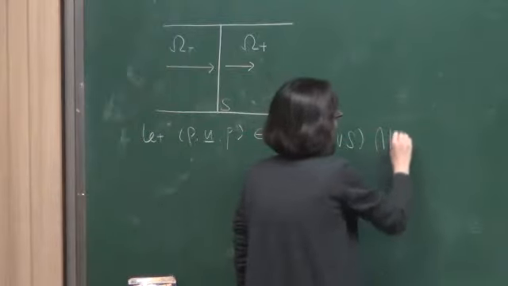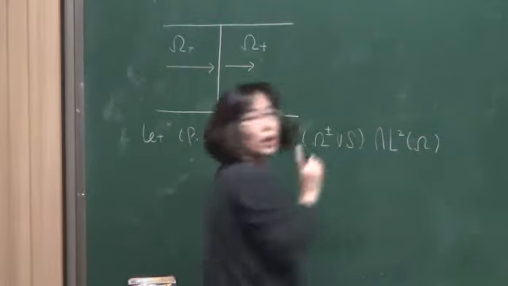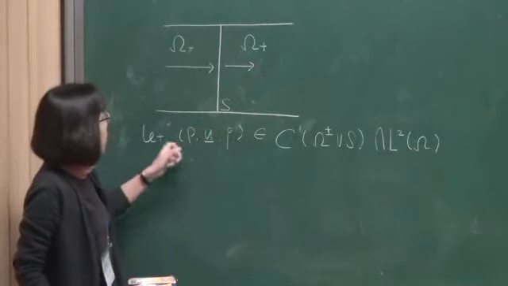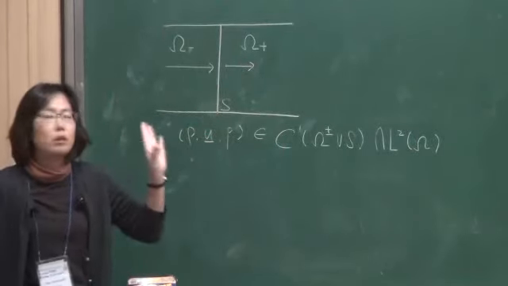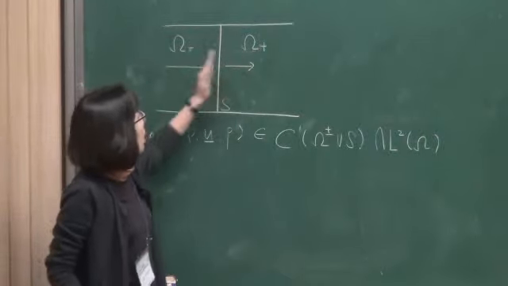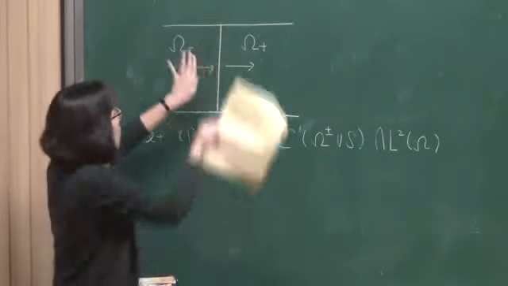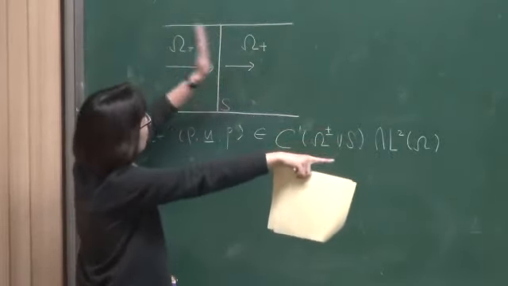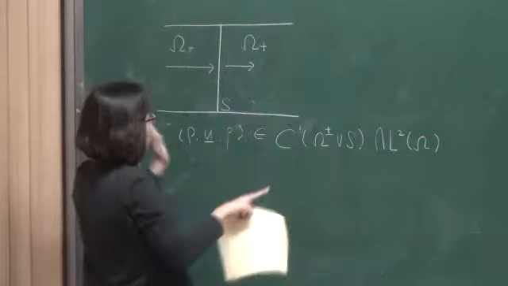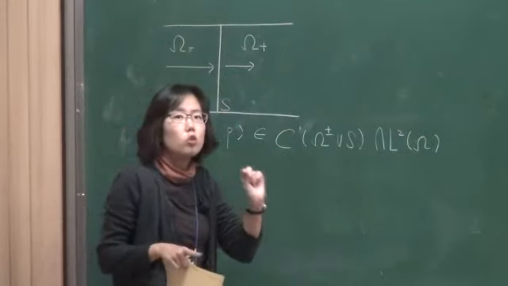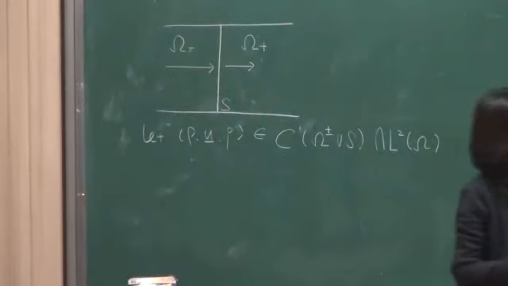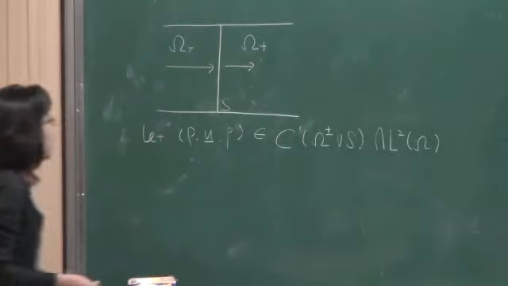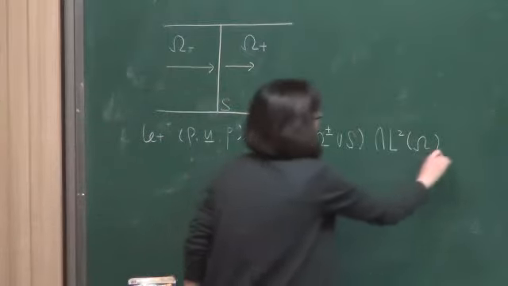Also, it's L2 across the domain. So what do I mean by that? In the whole domain, I don't expect my solution to be regular. But in each subdomain, away from the shock, up to the shock, if you split this in two, there's omega minus and S, omega plus and S. In each subdomain, you expect your solution to be C1. So therefore, you expect this to be the really classical solution of that system. Okay? All right, for such a class of solutions, well, not functions,